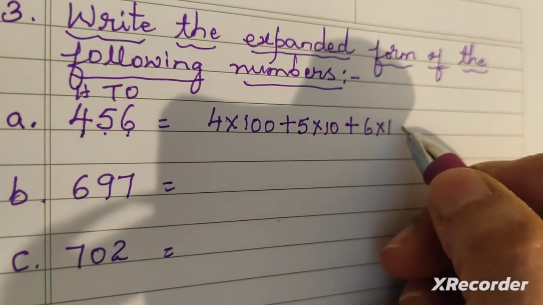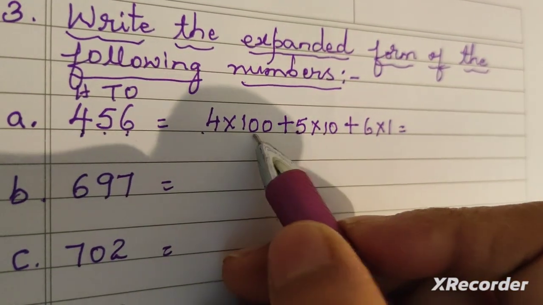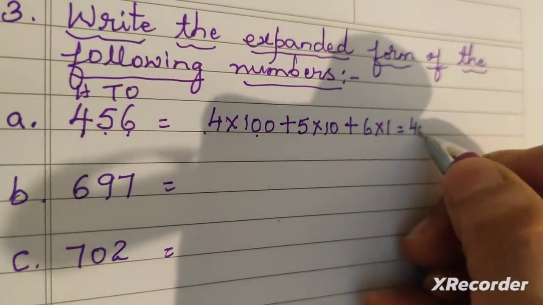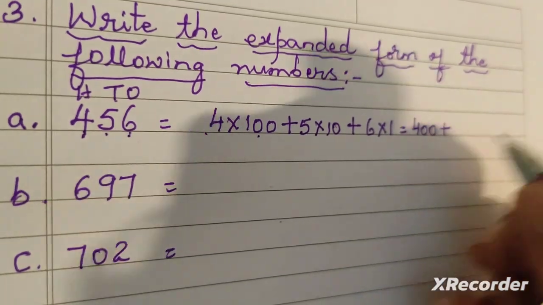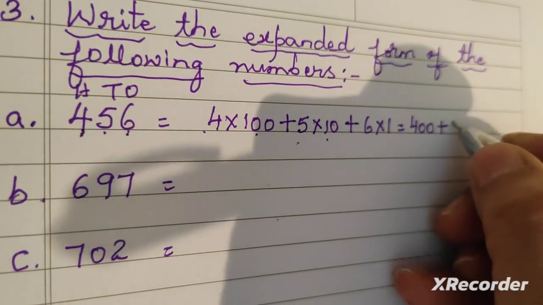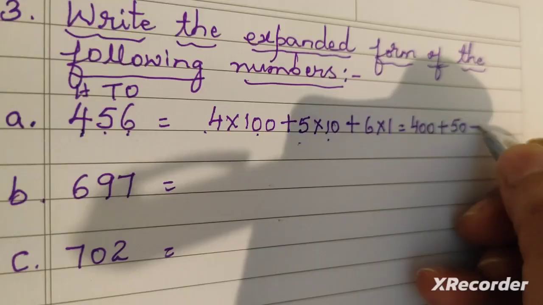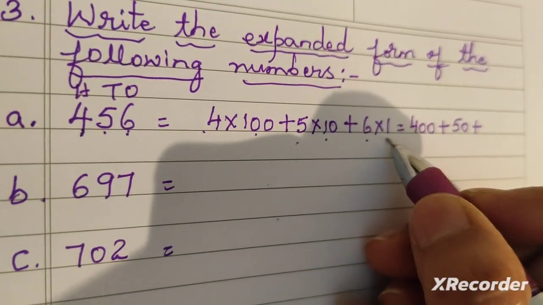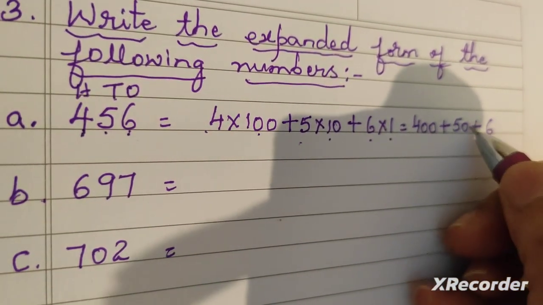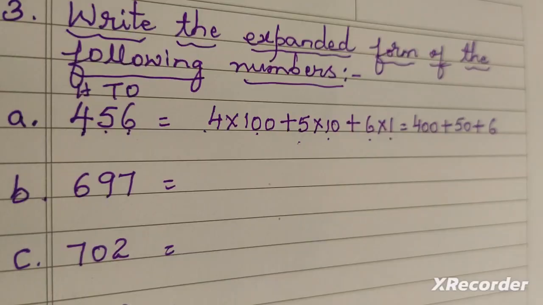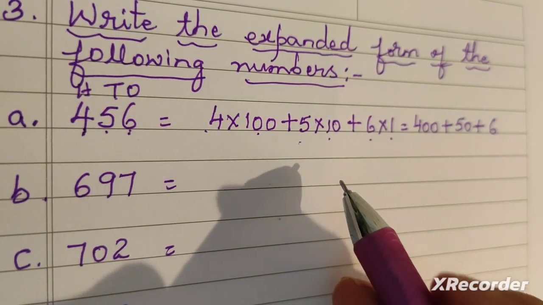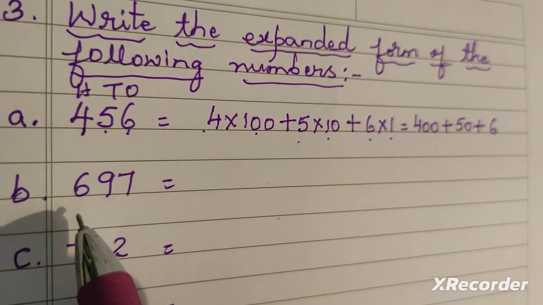Okay. So this will be 4 into 100 is 400 plus 5 into 10 is 50 plus 6 into 1 is 6. This is how you will write in expanded form. Now we'll go on to the next number,